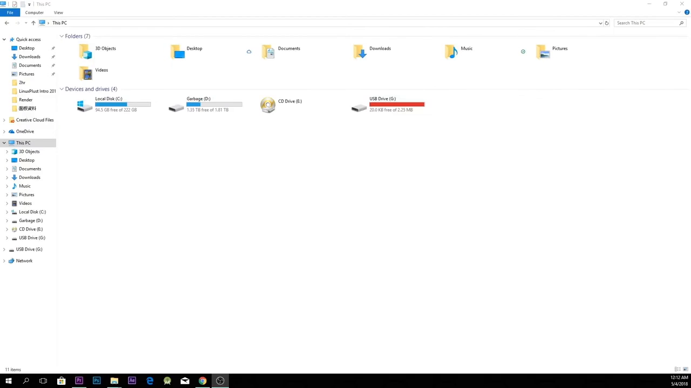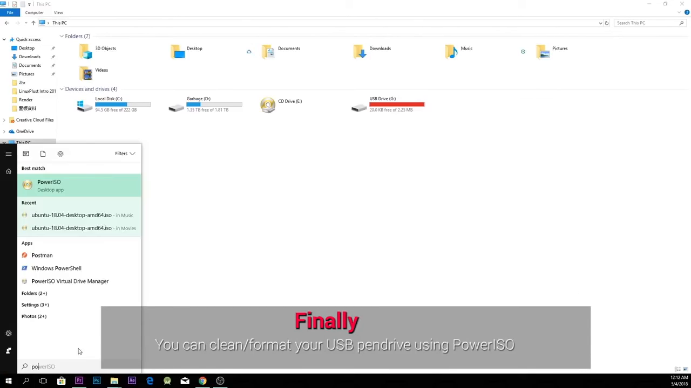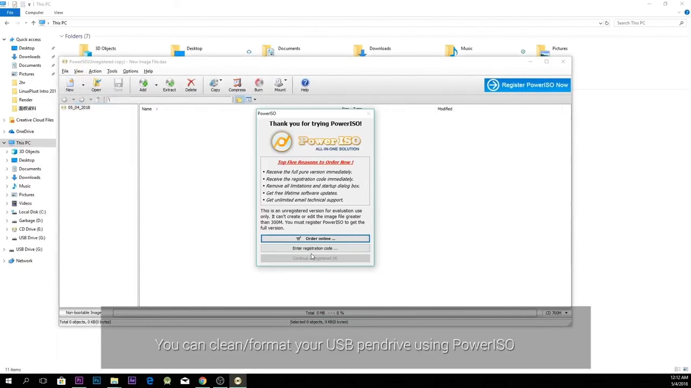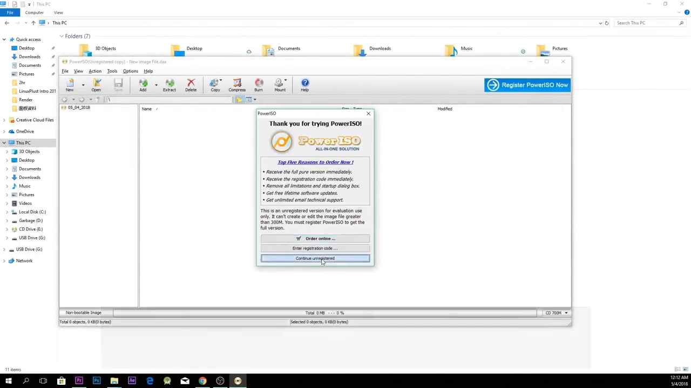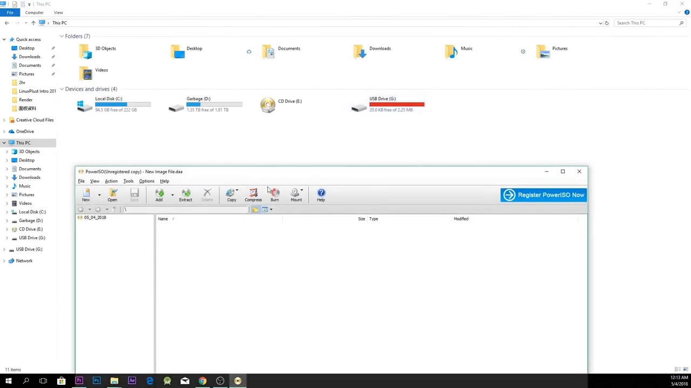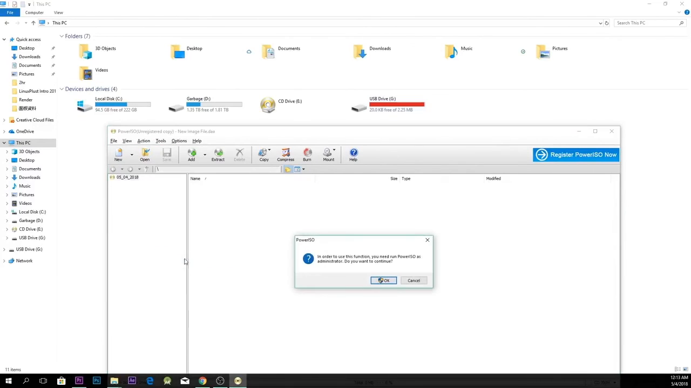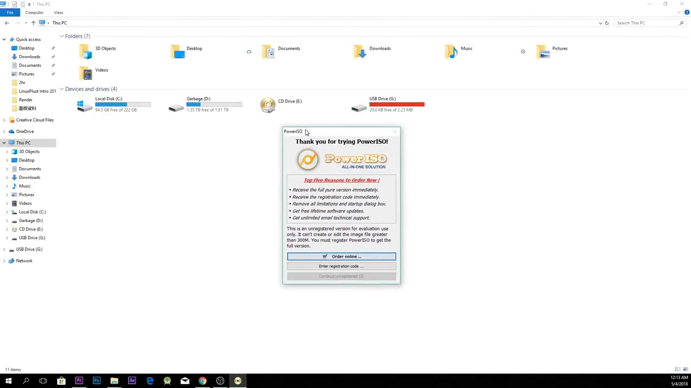So let's see how to fix your USB drive. So for that you have to open Power ISO again. You can get Power ISO by searching Power ISO here. I'm using Windows to do that. You can also use Ubuntu, because Power ISO is also available for Ubuntu. So I'm gonna format this drive. Just select tools and then select clean USB drive, and then hit OK, and you have to wait for a second